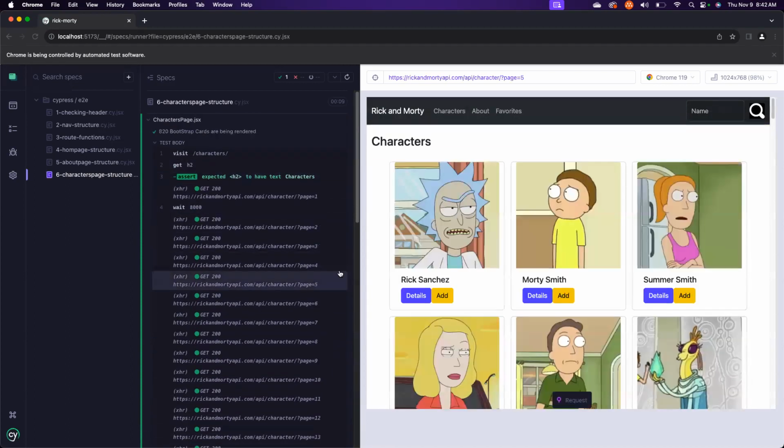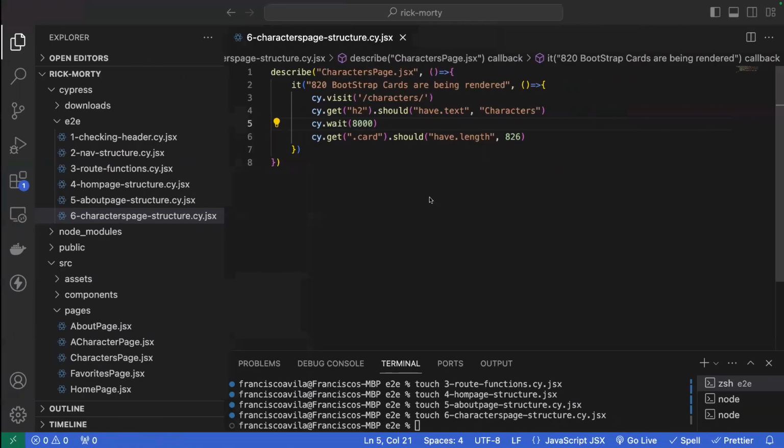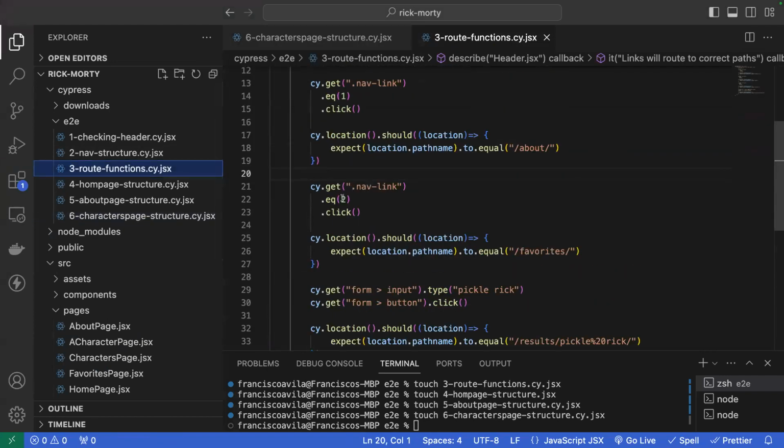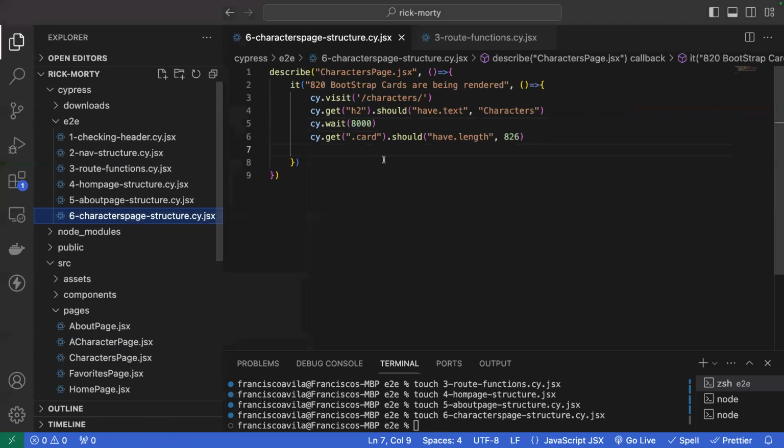All right, so now I'm able to ensure that all 826 characters are being rendered. So that's great. Again, maybe I can make sure that I'm going to check the content of the first one and the last one. So I'm going to kind of run the same functionality here. So I'm going to say